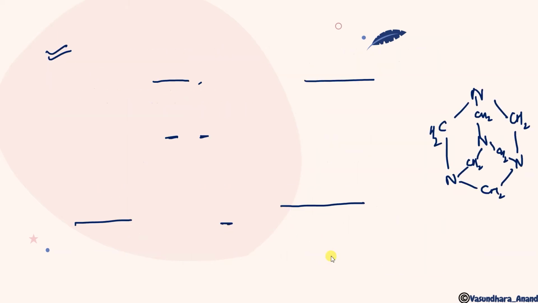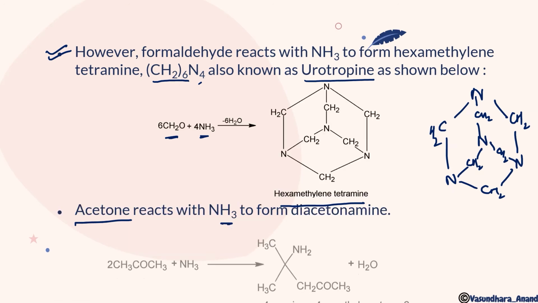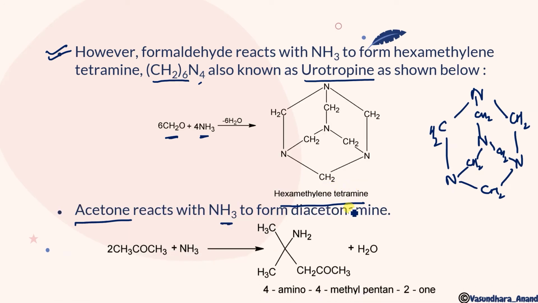But in this case, what will happen, this OH will be replaced by another acetone molecule, and one H of this acetone molecule will come out with the OH, that water will form, and the CH2CO group will be attached over here. Did you get that? The first reaction, if we see, this will form like this and OH. Now the second acetone molecule will react.